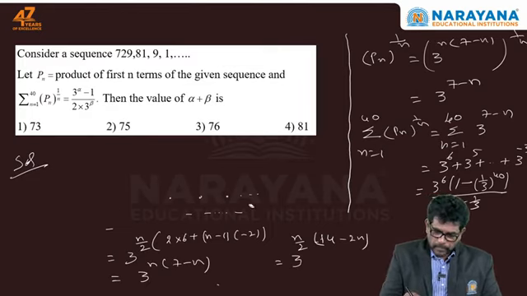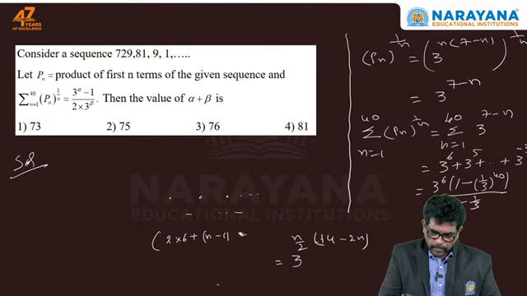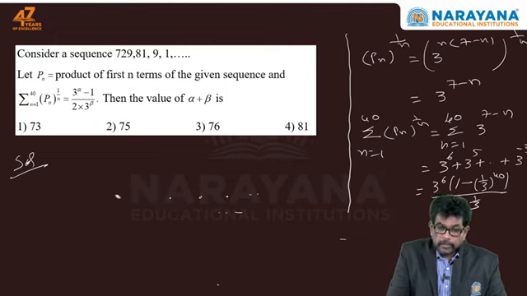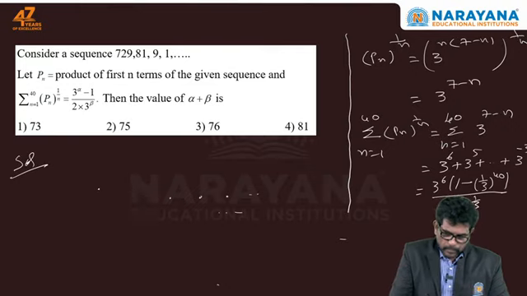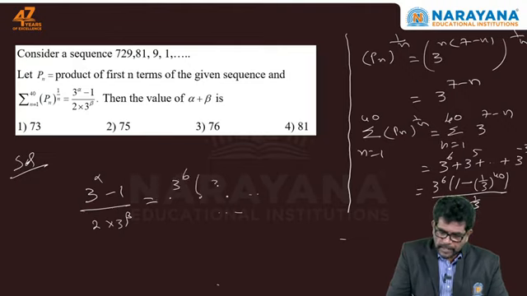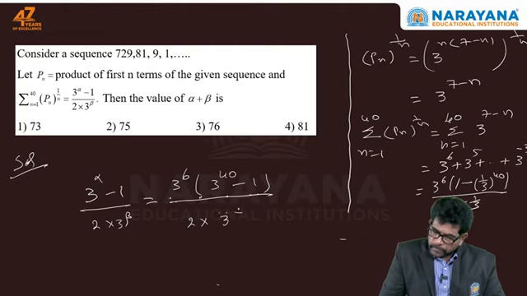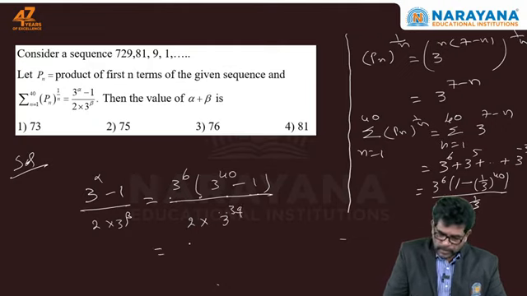Therefore, the value is 3 to the power of alpha minus 1 upon 2 into 3 to the power of beta is equal to, by simplifying, 3 to the power of 6 times of 3 to the power of 40 minus 1 upon 2 into 3 to the power of 39. Now, this one is equal to 3 to the power of 40 minus 1 upon 2 into 3 to